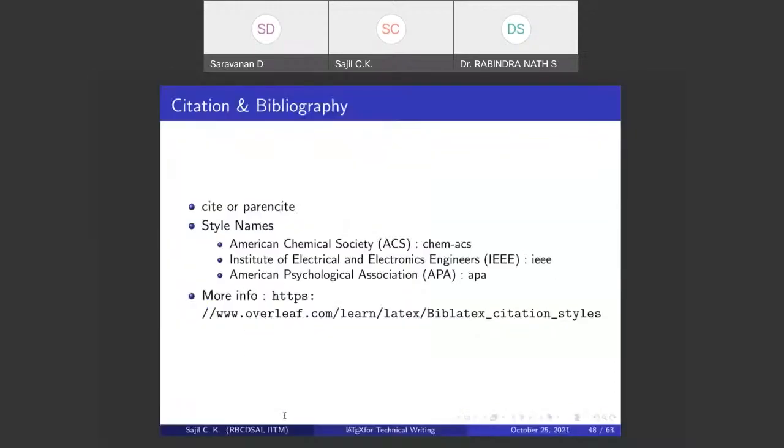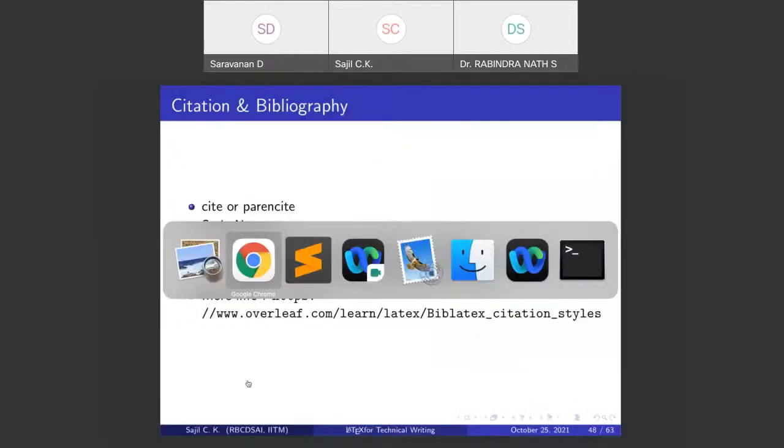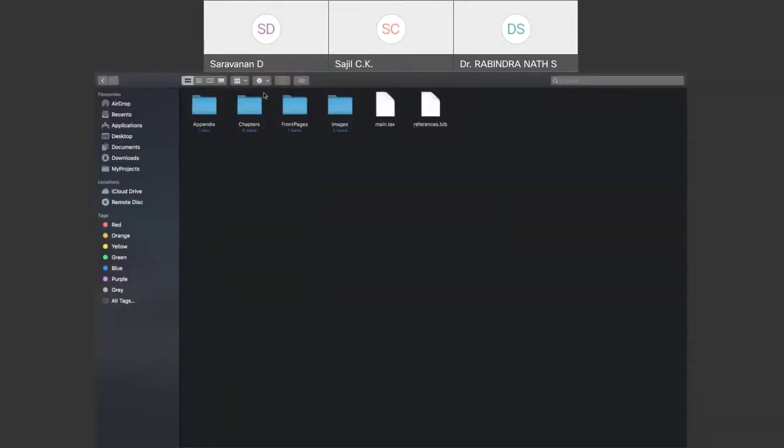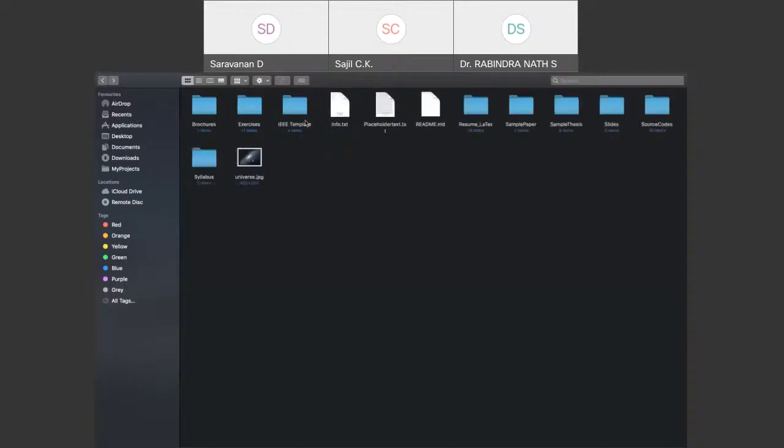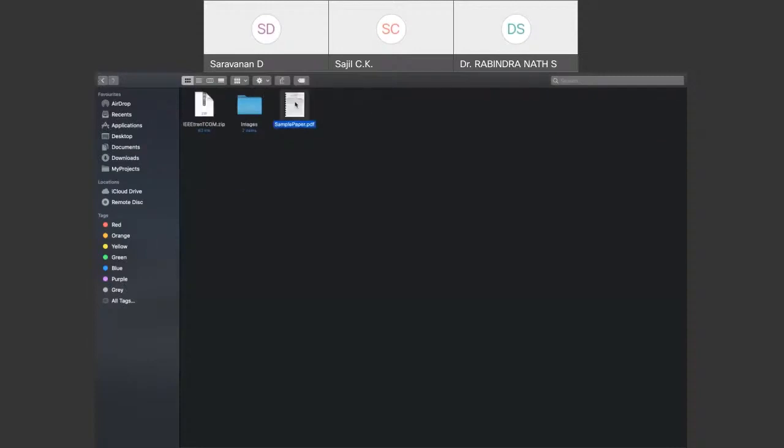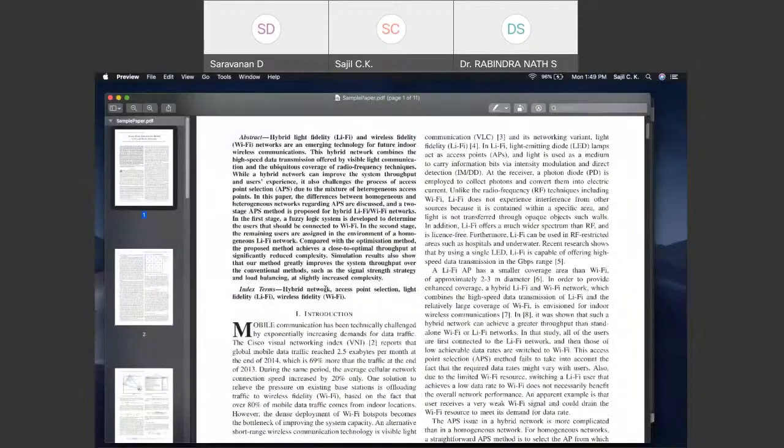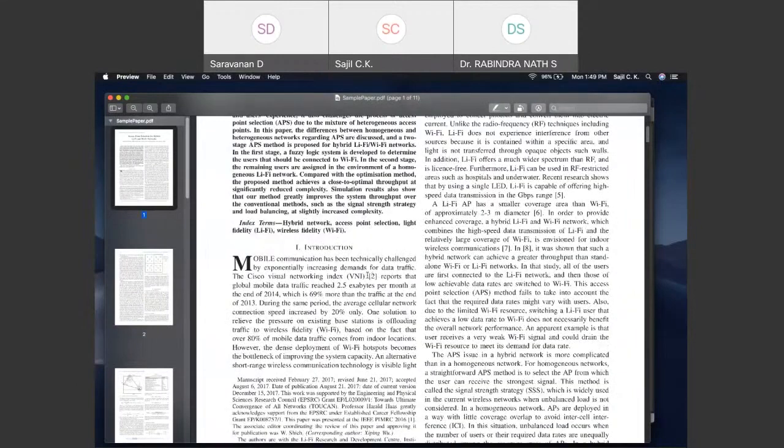So let me see if I can find an example. So yeah, here, as you can see, it refers to a paper and it is numbered as 2.